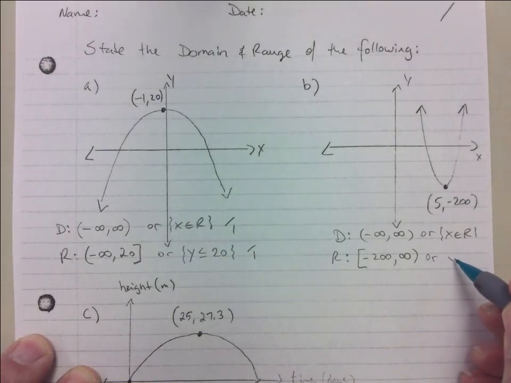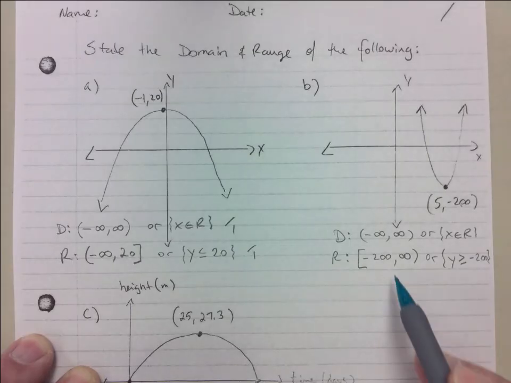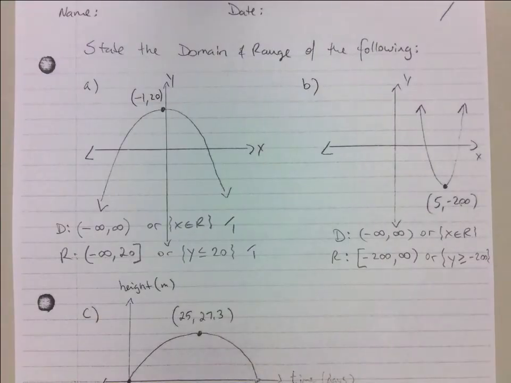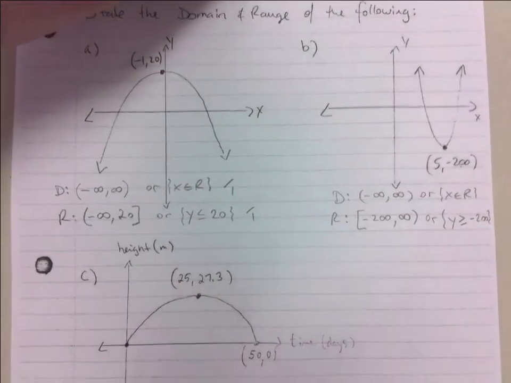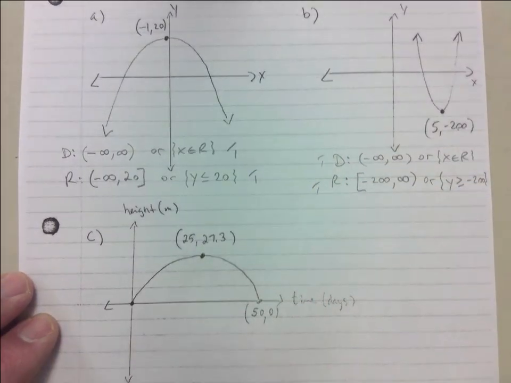Or this would be y is greater than or equal to that -200. So half a mark for the inside, half a mark for the correct brackets, okay? Let's keep going. So basically 1 mark though, right? So 4 marks so far. For C,